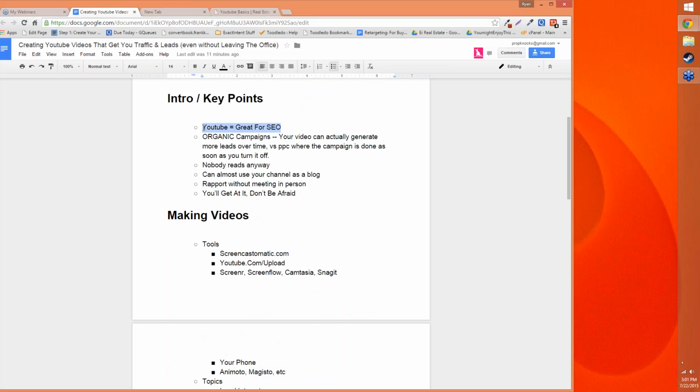Probably higher leverage, as we talked about in the SEO session, probably higher leverage activity focusing on YouTube as SEO than maybe writing a bunch of blog posts, depending on how you want to do it. Great for SEO. Organic campaigns. You're going to be setting up, if you think of each YouTube video as